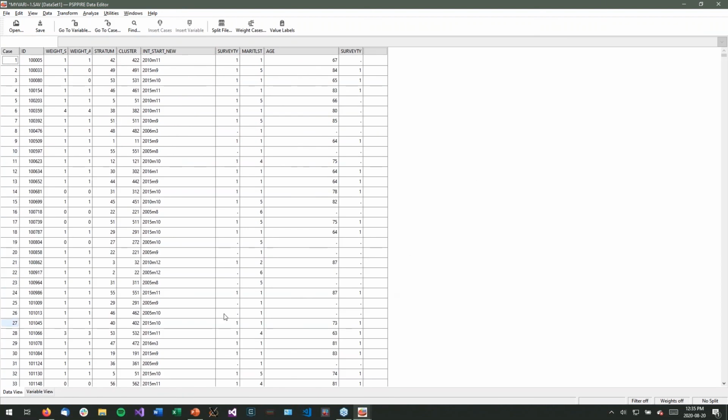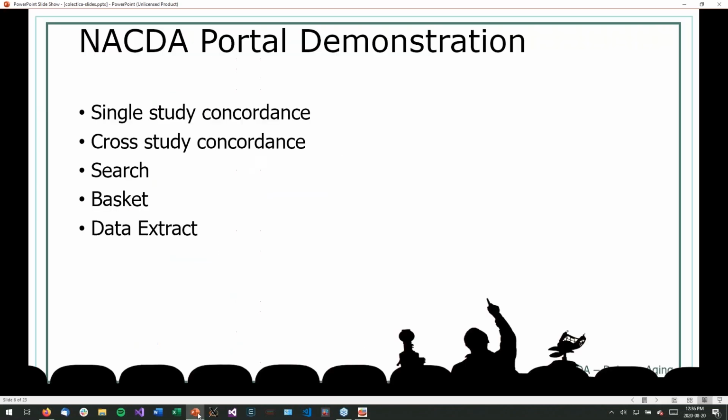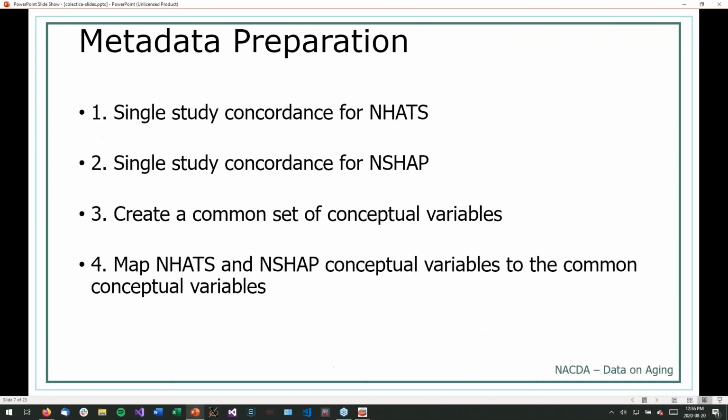All right, so with that, I'm going to turn back to some slides to talk a little bit about the metadata structure that is used to power this portal. And I guess even before that, just a very high-level view of what steps the NACDA folks used to prepare this documentation, because we provided the software for this project, but the NACDA folks did all the actual intellectual work of mapping these to common